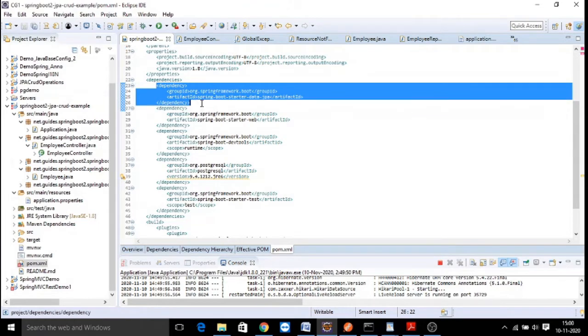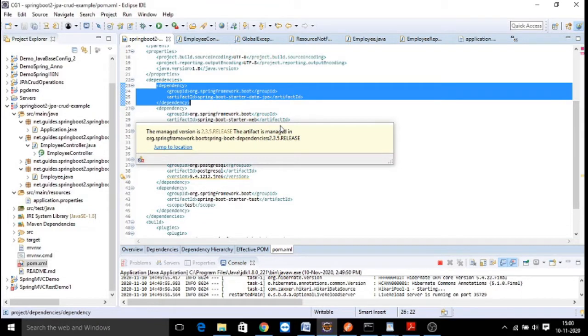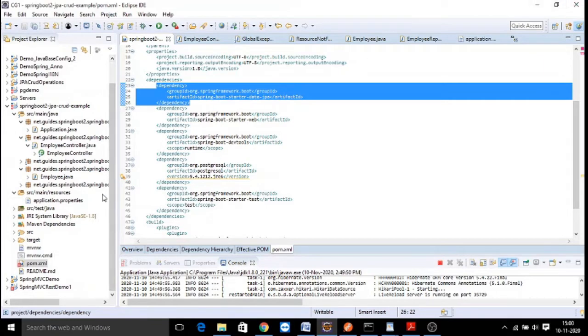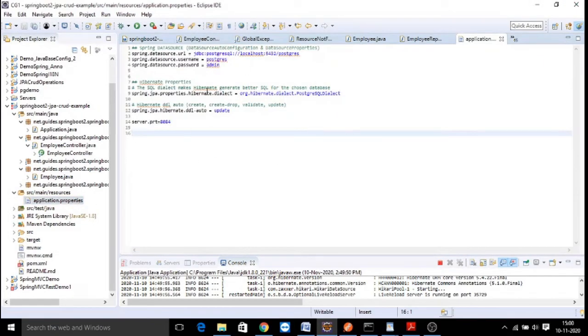Boot starter data JPA. So in the core module, we have learned about JPA, which is the Java Persistence API to connect with the database by using the entity framework. So here with the Spring Boot integration, still more simplification has been done with the entity framework, that is JPA. We're not going to use an explicit persistence.xml file. The total configuration part has been simplified. The whole configuration you can write as part of your application.properties file. There is no more persistence.xml.